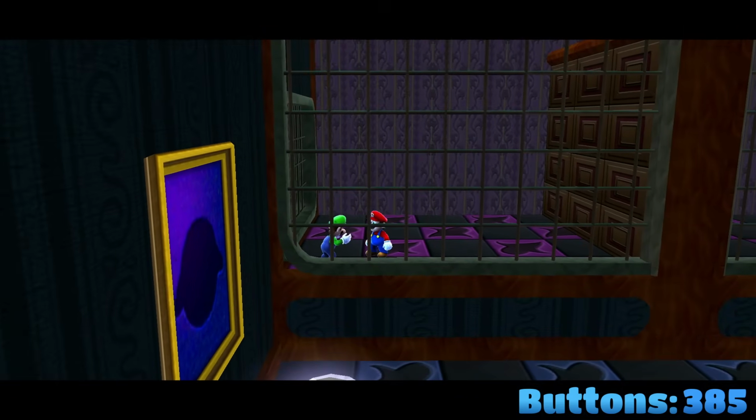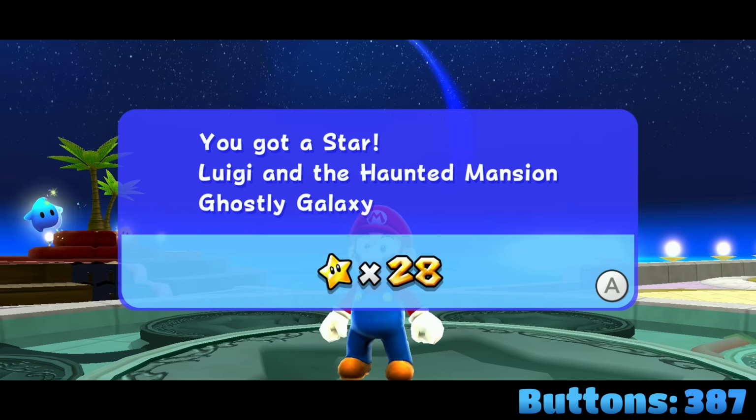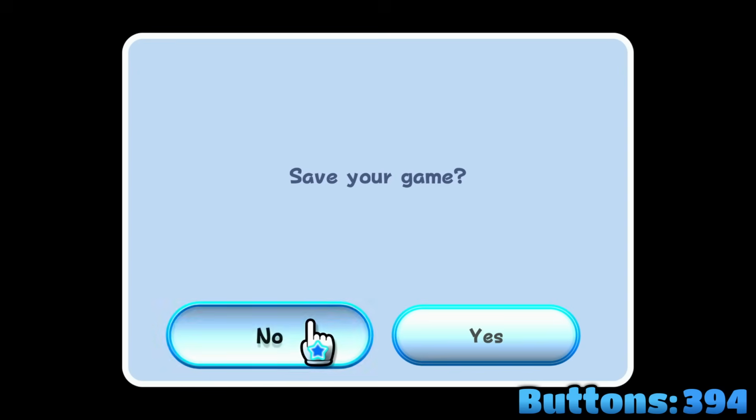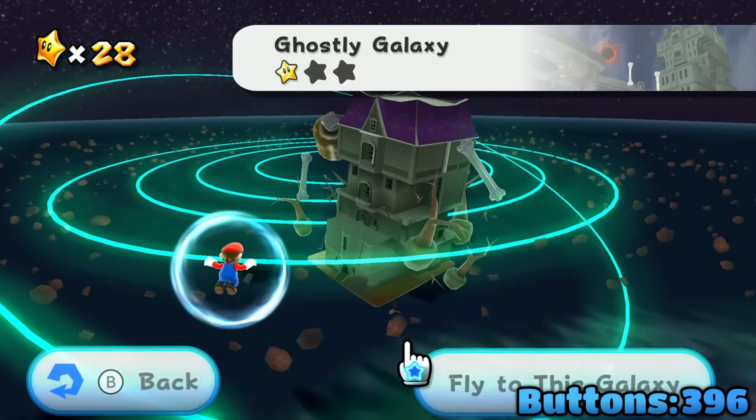We now meet Luigi and skip through his 2 dialogue boxes before bouncing on his head and collecting the star. Skip the breakdown with 2 A presses, skip through Rosalina's dialogue with 4 A presses, and then select No. Make your way back up to the kitchen dome and use the pull star, select Ghostly, Fly, and select a